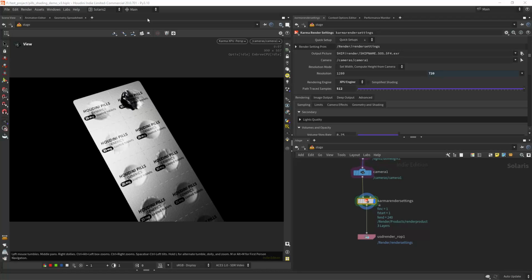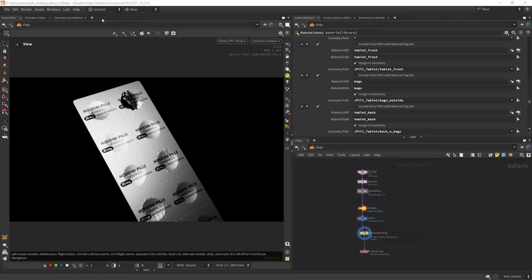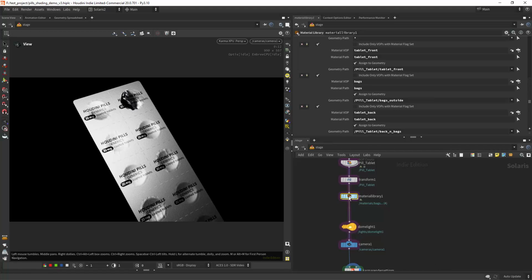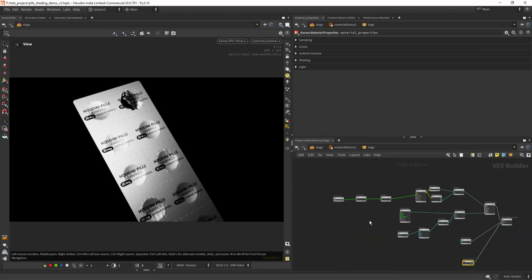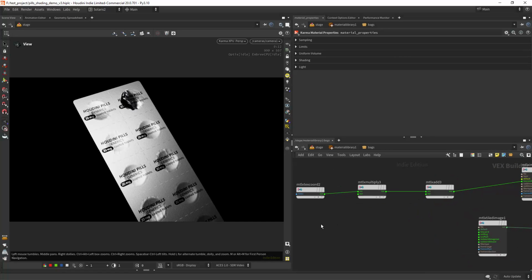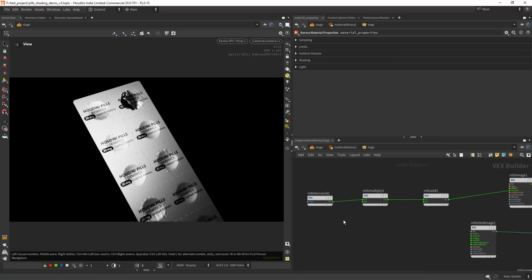I will also be showing you how to debug nodes, how to solo them, and how to combine normal maps, and a few more tips and tricks. So let's get started. As you can see, I built this very simple scene to show you some of the procedural nodes. Let's start with the first tip, on how to debug nodes or solo